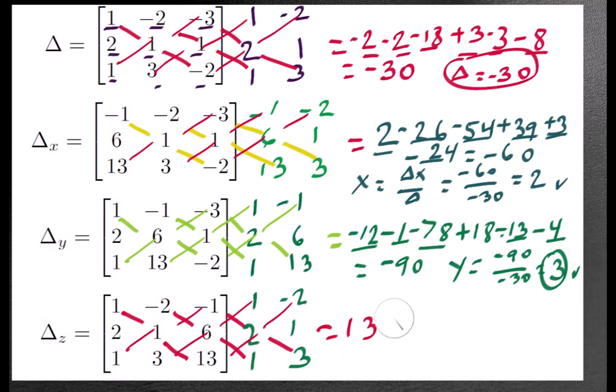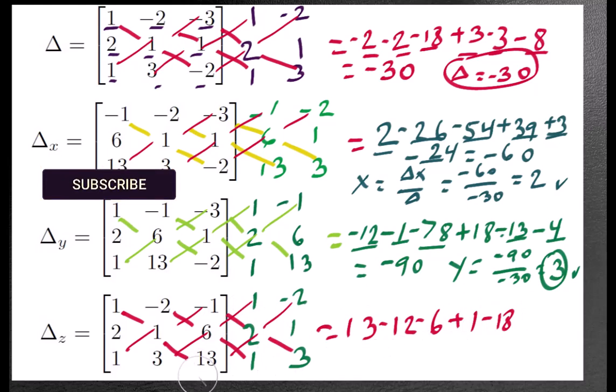minus 12, minus 6, minus minus plus 1, minus 18, and minus minus plus 52. 26 times 2. Alright,